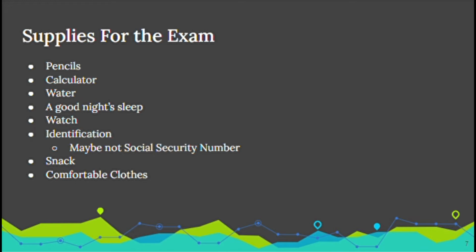The calculator. Bring your own calculator. Oftentimes, the school will have other ones for you to use if you don't bring your own. Also, you can take the exam without a calculator. You're going to be at a huge disadvantage. With calculators also, you want to watch out. If the school is providing you a calculator, it could be a TI-83. If you're used to the TI-84 and you don't know the correct way to enter data, which I talked about a little bit in the last slide, that could be a problem for you. Bring your own calculator, make sure it's fully charged or has new batteries, depending on the model, and just make sure you bring your own.